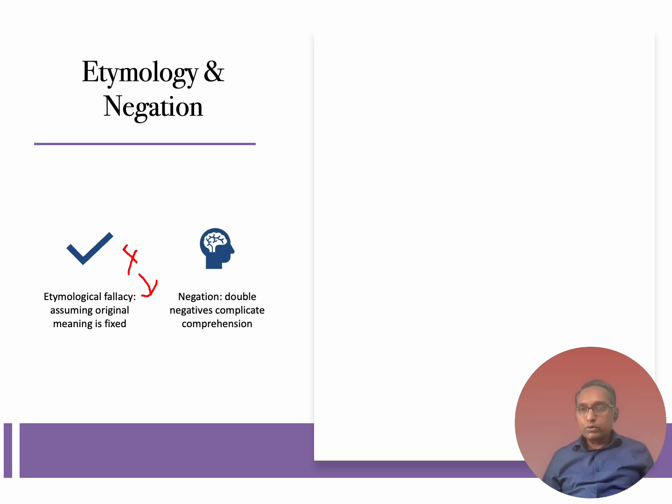Like for instance, home screen. We didn't have that word before. It's a new word combining two old words, home and screen, for web pages, where home screen is the first page that you'll see when you are on a particular site. Negation. Now, again, double negation, we all know that it complicates comprehension by using not and un, like not and not, that will complicate comprehension.